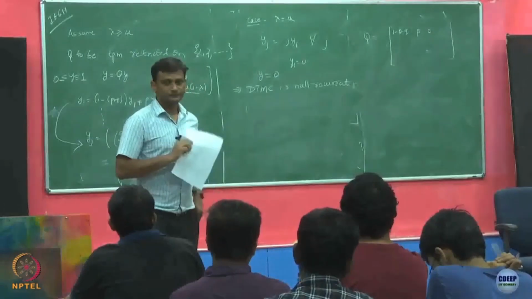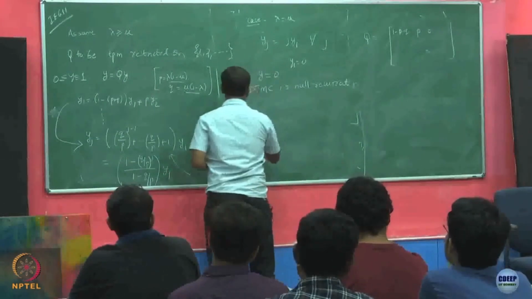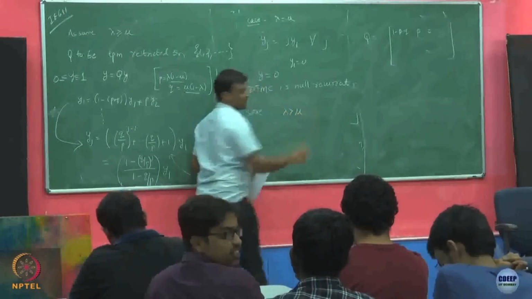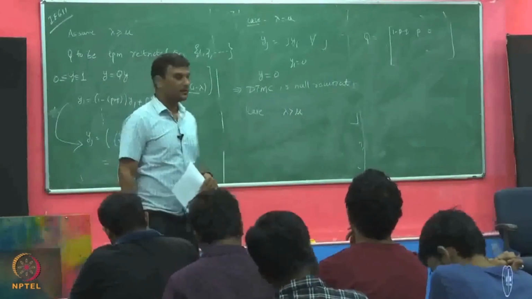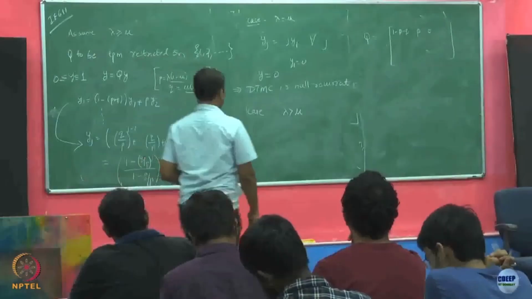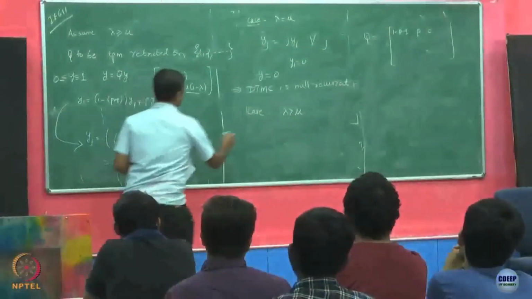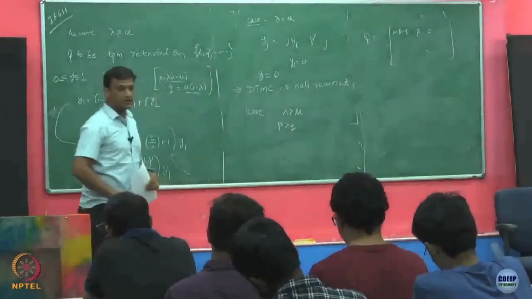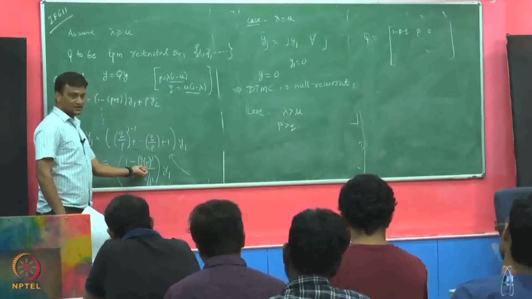Now what happens for the case where lambda is strictly greater than mu? When lambda is strictly greater than mu, P is going to be greater than Q, right? So if P is greater than Q, this ratio here is going to be